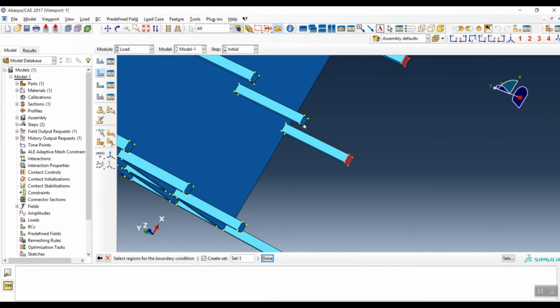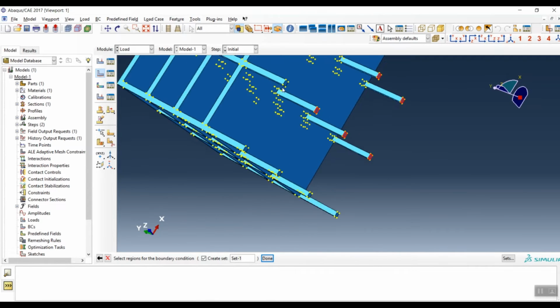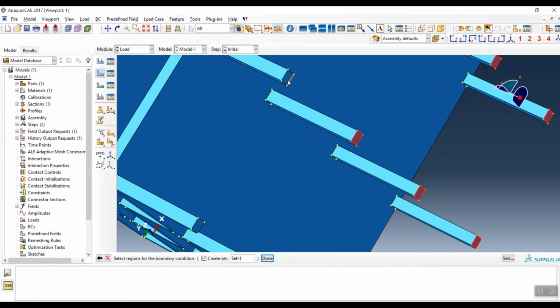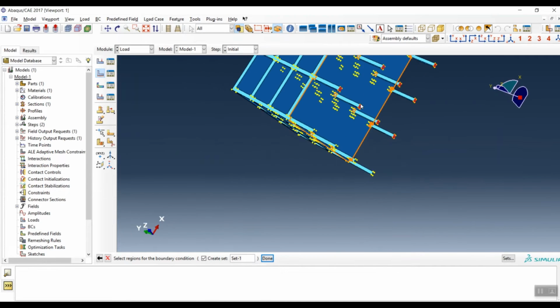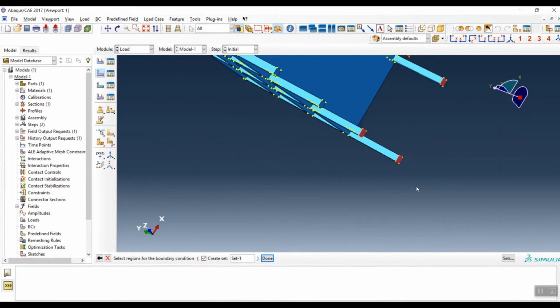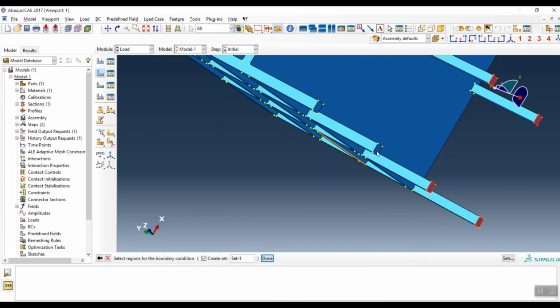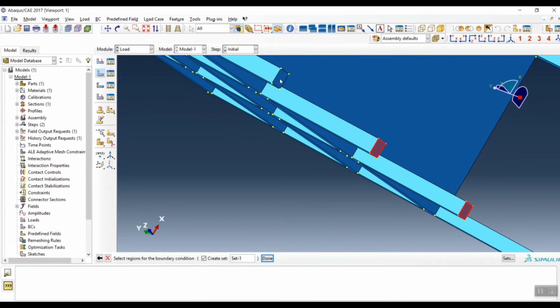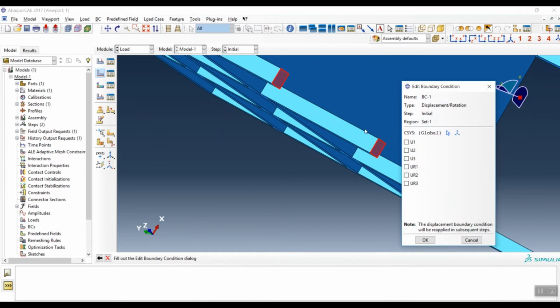Press shift and select all these areas. Okay, click on done, and here